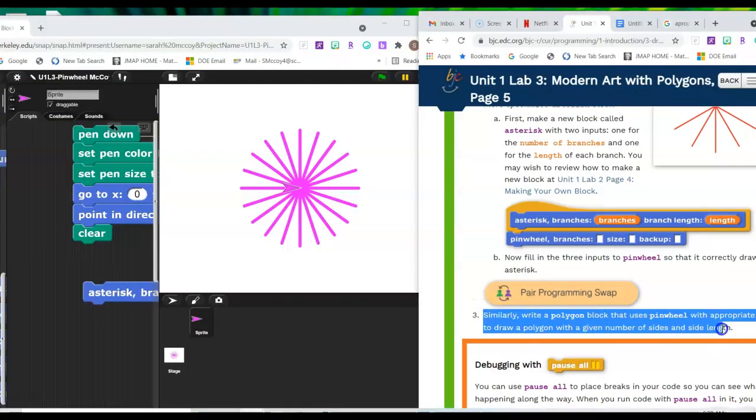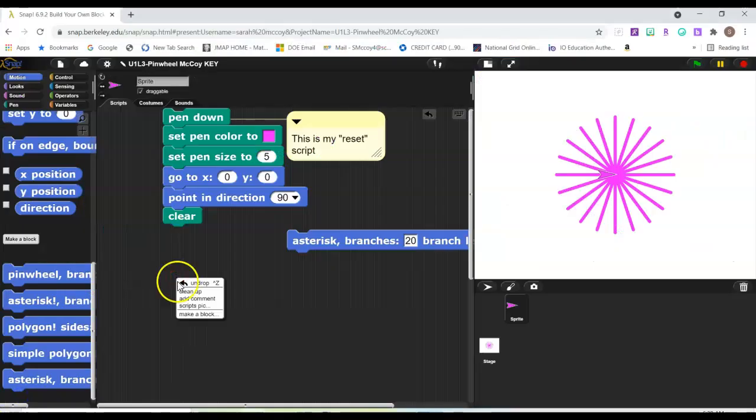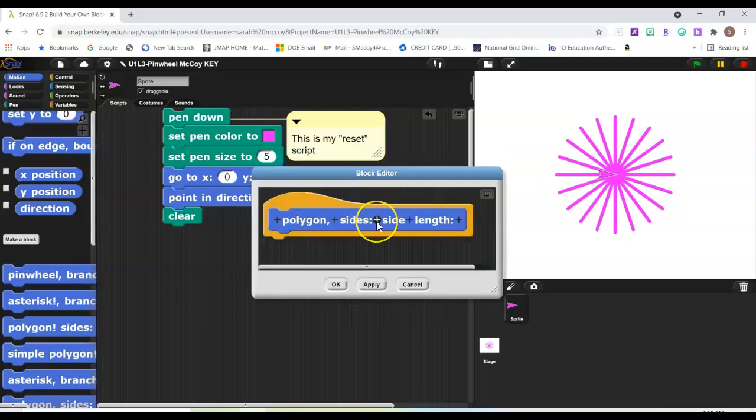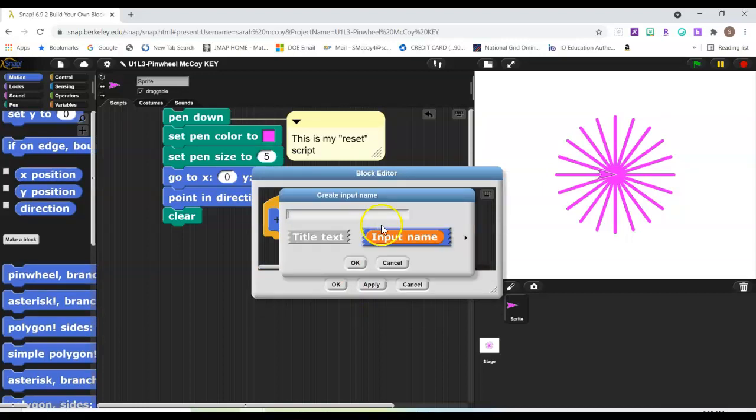Okay, step 3. Now we're going to do a polygon block that uses pinwheel with appropriate inputs. So I right click, I select make a block. I'm going to call it polygon, and I'm going to give it a number of sides and a side length as inputs. So I'm just typing those input names now to save me a little time. Okay, so I click here. My input name will be sides,